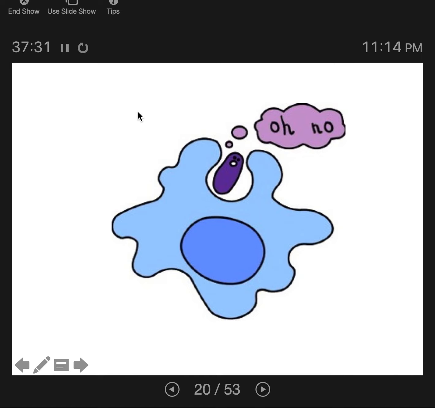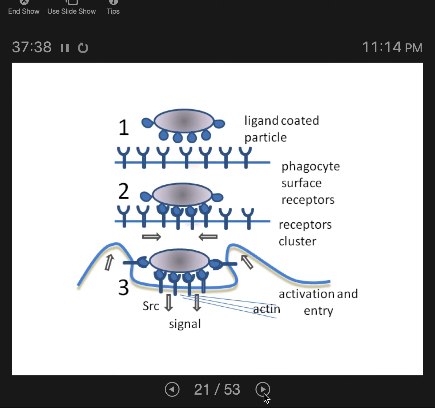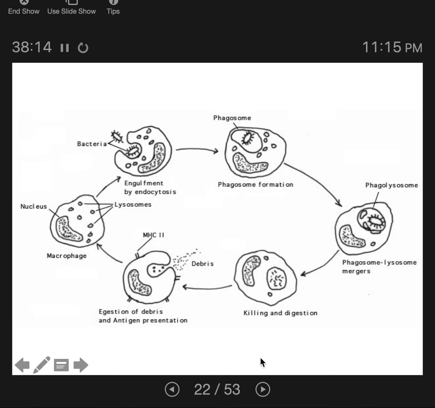So here's a phagocyte. This phagocyte is gobbling up this bacteria. And this works through receptor binding. Here you have the cell surface, this blue line. You have all these receptors, like perhaps B cell receptors here. There's a pathogen, and the pathogen has antigens on its surface. When the antigens from the pathogen successfully bind with the receptors, the phagocyte will then be stimulated to ingest that pathogen. First it reaches out pseudopodia, and the pseudopodia reach out like arms and engulf the pathogen to bring it in via endocytosis. And here's another diagram of that.